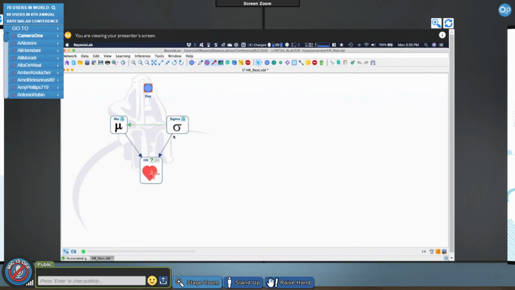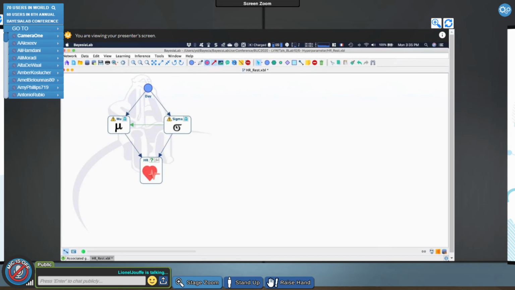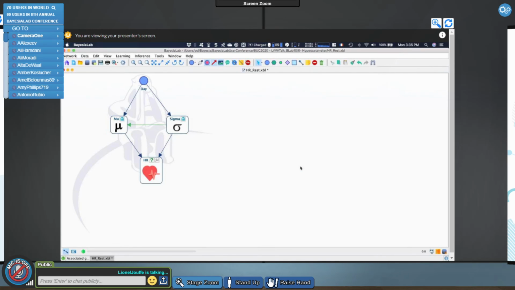Okay, and now I'm going to add connections because I'm just speculating that day can have an impact on mu and sigma, right? So for that, I'm just connecting day to mu and day to sigma. And with that, I'm also setting a uniform distribution because I don't have any clue what this relationship is. And this is something I just want to find out if there is any, right?